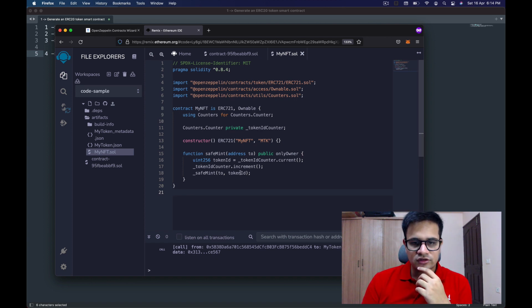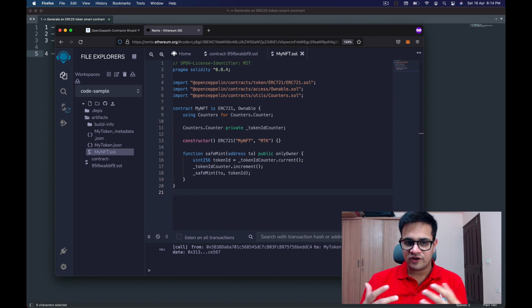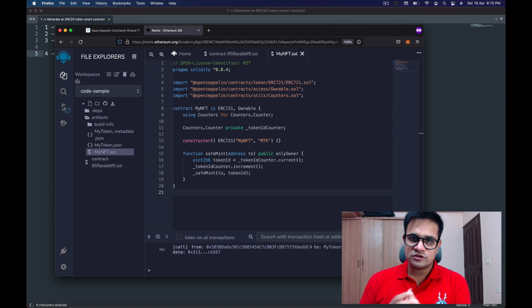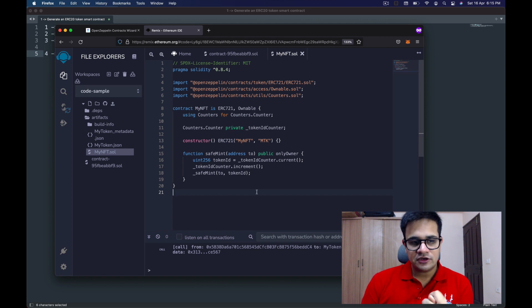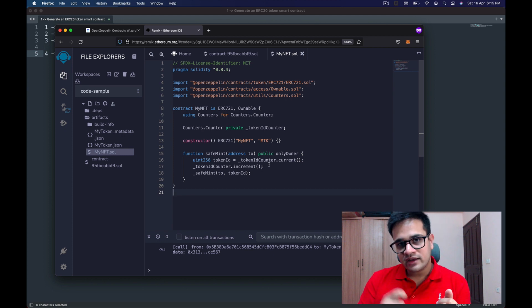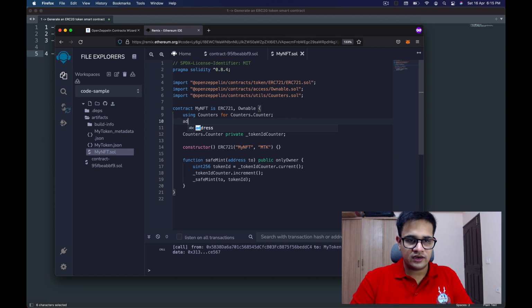So this is the method that is called to mint an NFT. In this video I don't want to get into the depths of what can and cannot be done. I'm just going to assume that you know other things and we're just going to focus on accepting the ERC20 token. So the first thing that we need to do is basically have an address available, which will be the address of the ERC20 token, so that our contract knows this is the smart contract from which I need to get the ERC20 tokens. So for that, let's just create a new address which will be public. Call it token